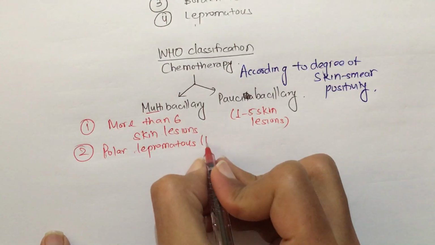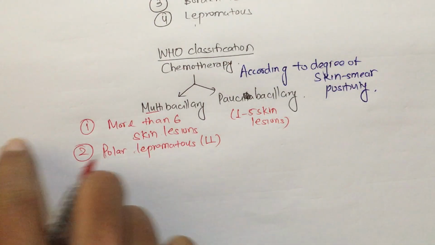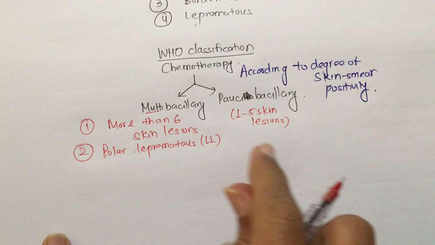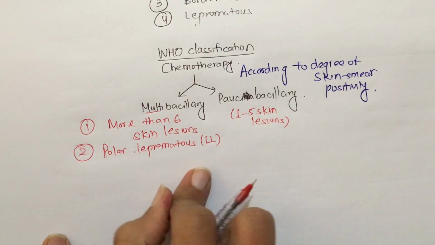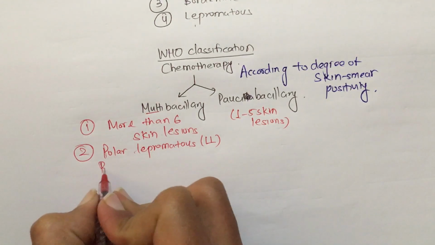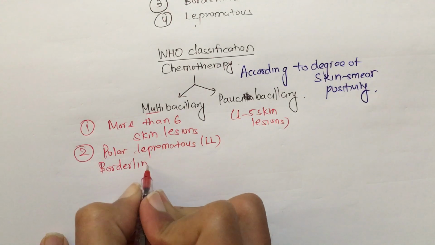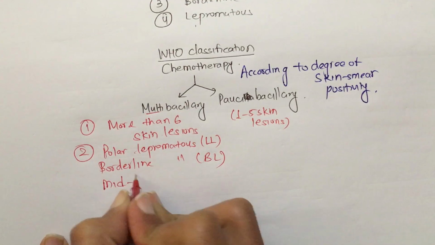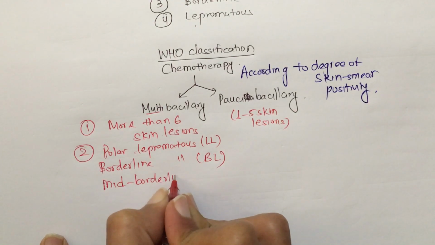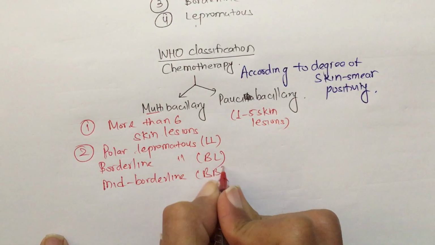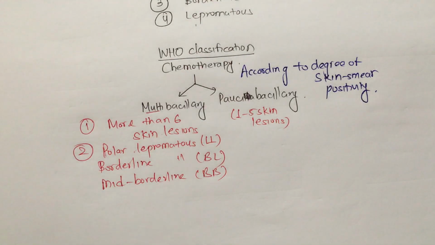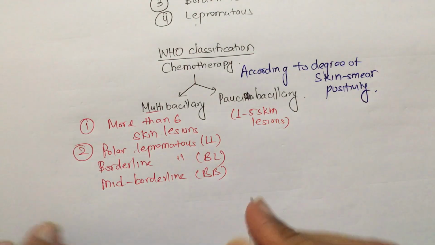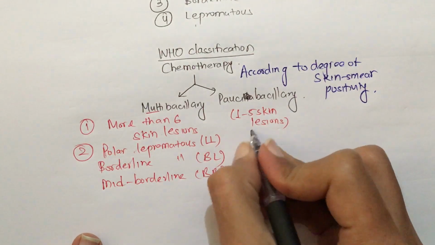We have already discussed that as we move from the tuberculoid pole to the lepromatous pole, the bacilli number increases. So polar lepromatous, borderline lepromatous, and mid borderline, these three Ridley-Jopling classes fall in the multibacillary,